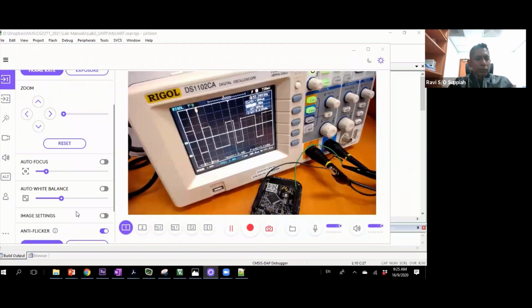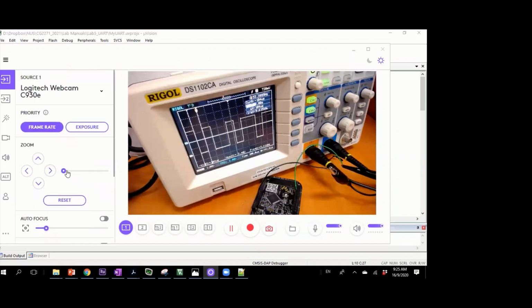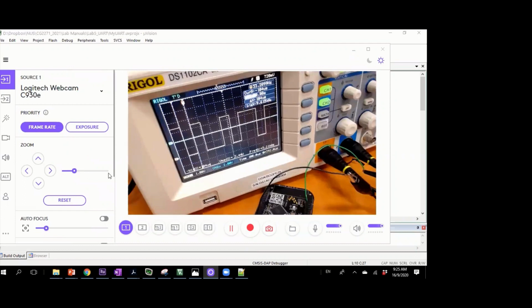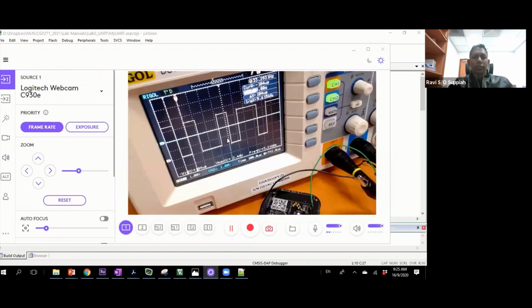Okay, so let me zoom in a bit. Okay, so if you look at the waveform, all right, this is basically what is being transmitted out right now. All right, so this is the idle line. All right, so before I transmit anything, it is idle, it is high. All right, and once I start transmitting, okay, the first